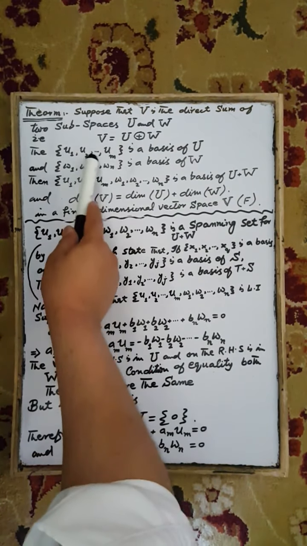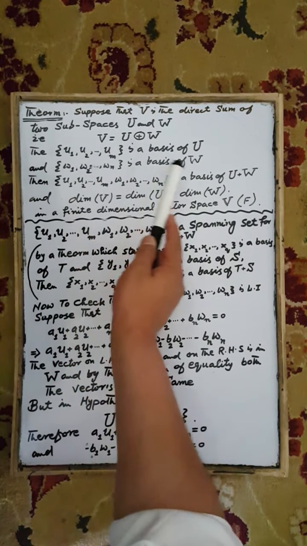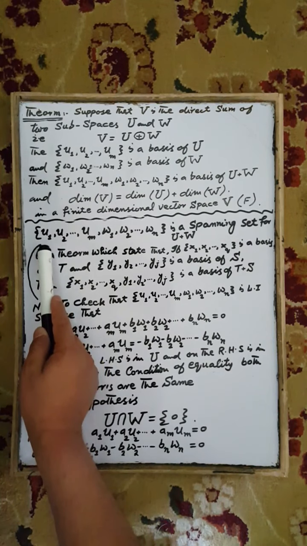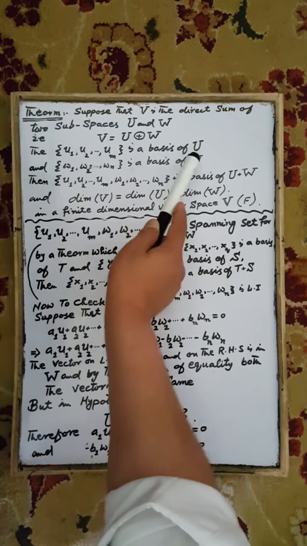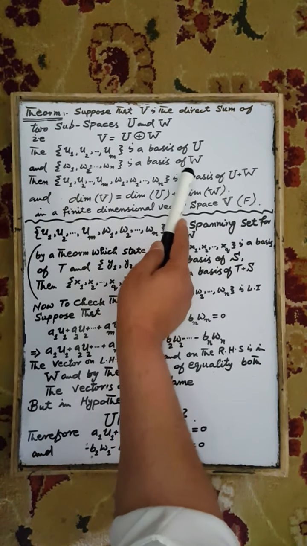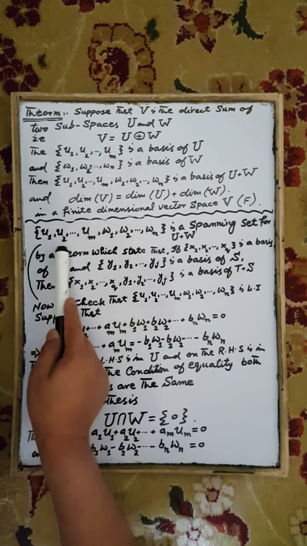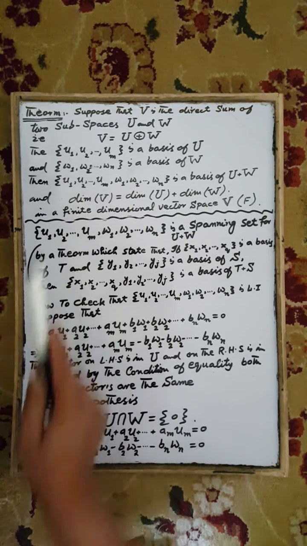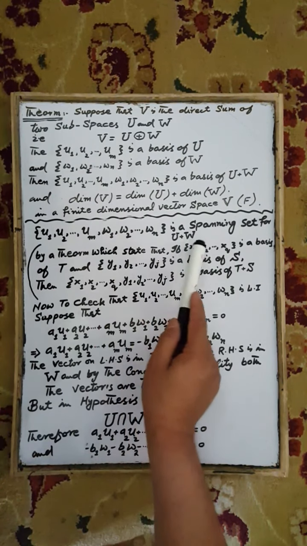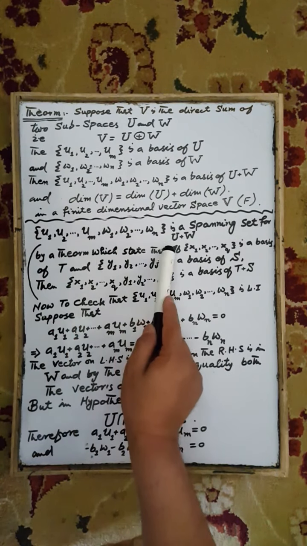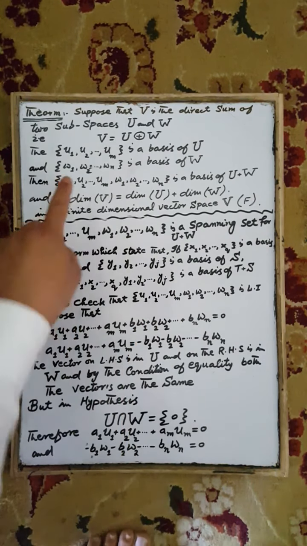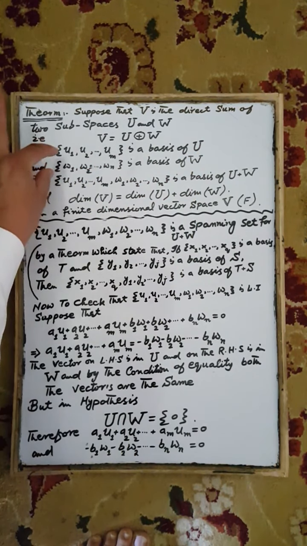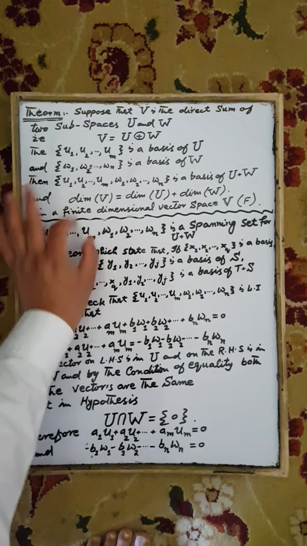Now the union of these two generating sets, the generating set of U and of W, is a set consisting of all elements of the generating set of the subspace U and the generating set of the subspace W. That is, U1, U2 up to Um, and W1, W2 up to Wn. This resultant set is a spanning set of the sum of the subspaces U and W. That is, this set is a generating set of U and this set is a generating set of W. Therefore, the union of these two sets is a generating set of the sum of these